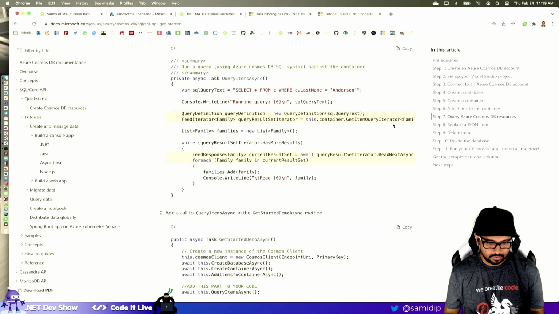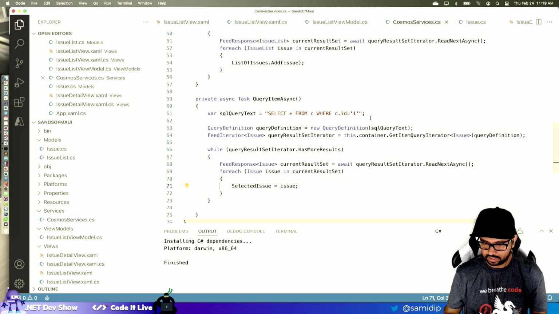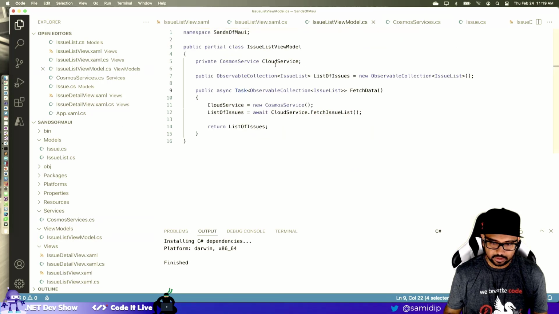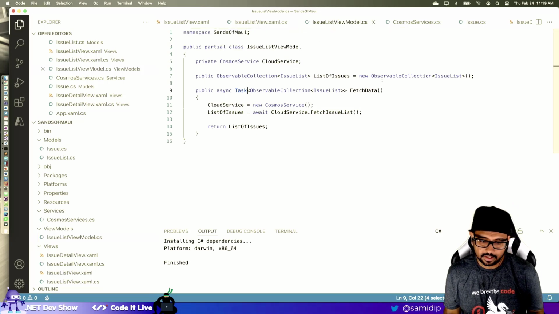All right, well, for it to fire, I need to do some more things on it. All right, so let's see what we did here. In my issue list, oh, this is the view model. I had a collection and I had this.